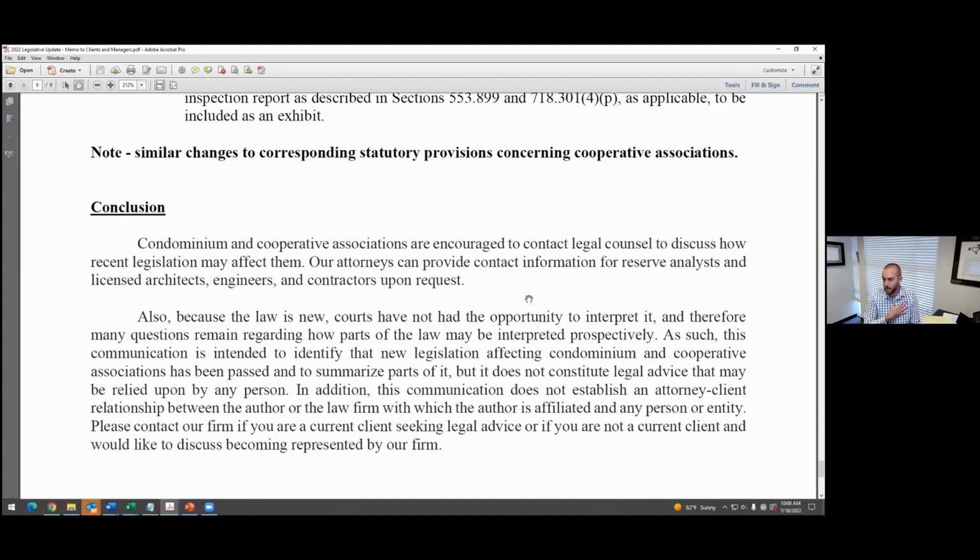Me serving on a board as a volunteer, the number one thing I would want to make sure is that we have a good policy in place that protects me for my decision-making. And you're going to be protected as long as you act reasonably. And we have a lot here in the statute that was amended that can provide direction, that can help you act in accordance with the statutes. But again,